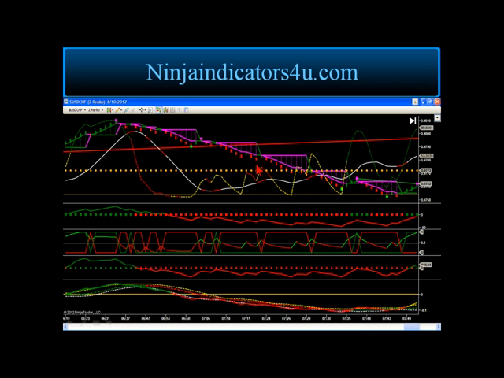Now I put this chart on the screen to show that even though the swing cycle VB is an excellent indicator, it's still not a standalone indicator. And this is a long downtrend all the way across the chart here, and you can see the swing cycle VB is cycling up and down and up and down and up and down here, but you would ignore that because remember, the trend is stronger than the cycle,